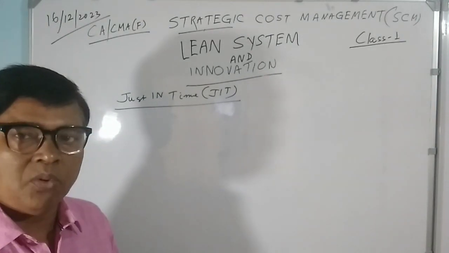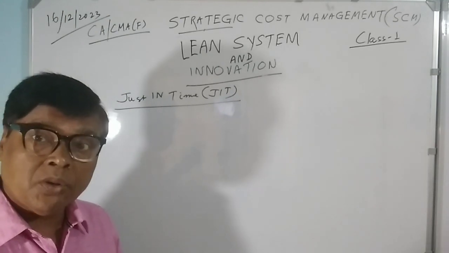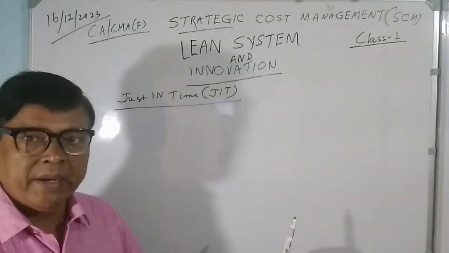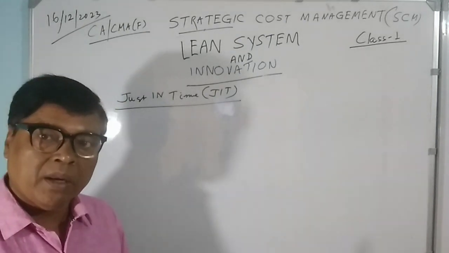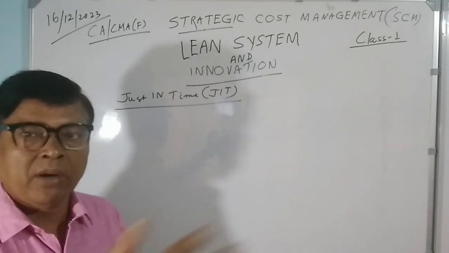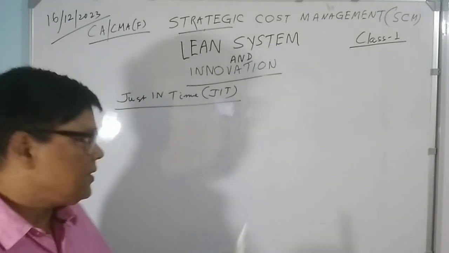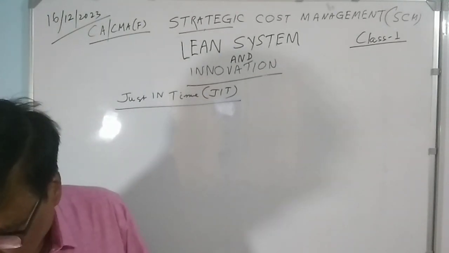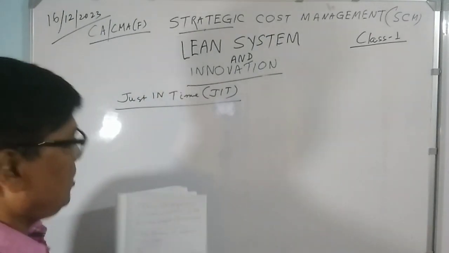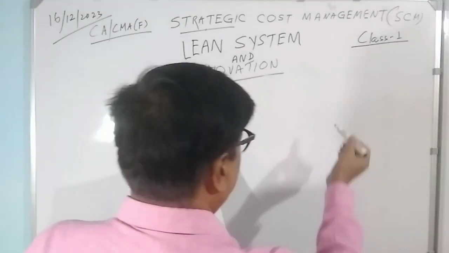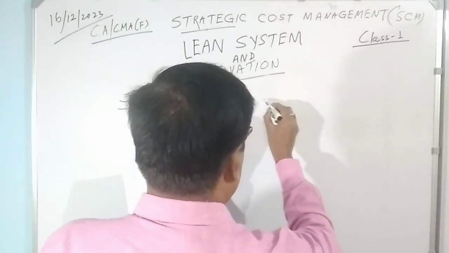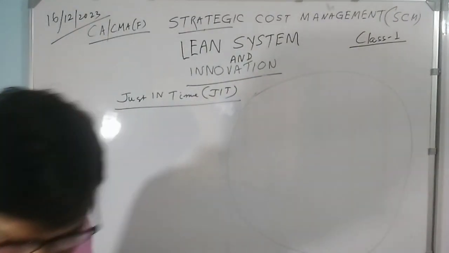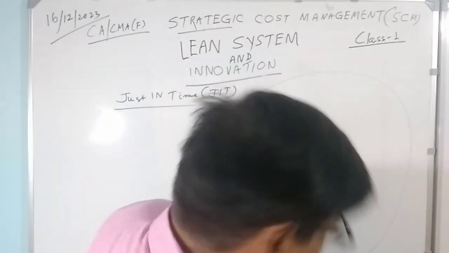Last day we discussed one point: you should be cost advantageous in comparison to your competitors, because the market is the buyer's market. So whatever you have to do, you have to do internally. You cannot go outside. One standard rate is there. Whatever you have to do, you have to control yourself. So now, if you show in a diagram way a production total, how this JIT system continues,